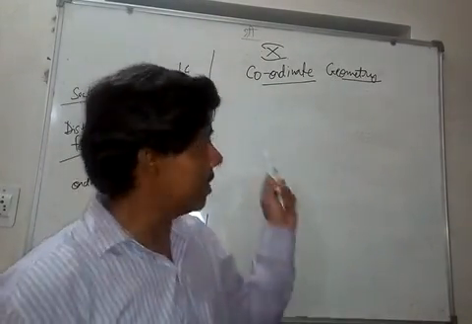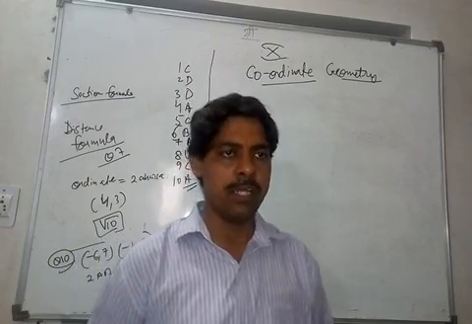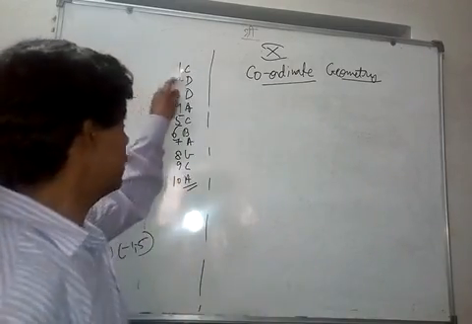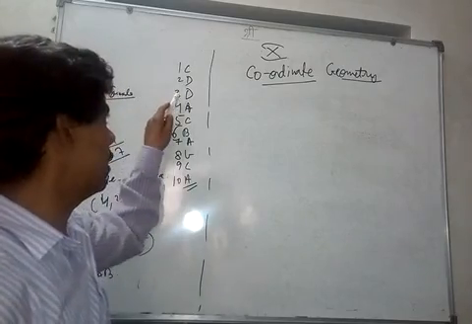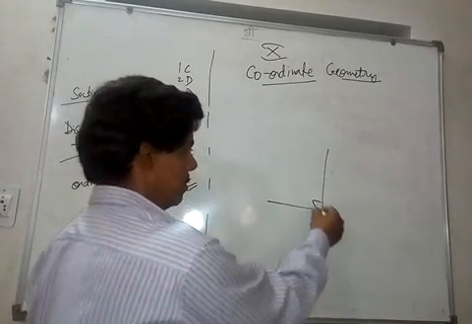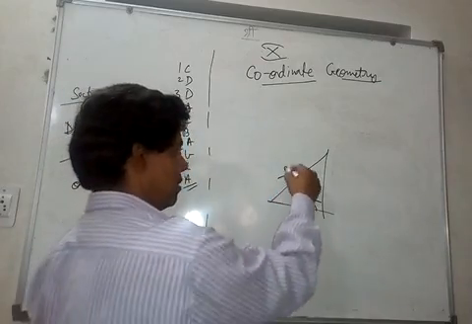As you know, we are doing coordinate geometry, and yesterday I took a test. So the answer key for the test is like this: first question C, second question D, third question is D. I was actually calculating the base, so I was getting the wrong answer, but the right answer is length of